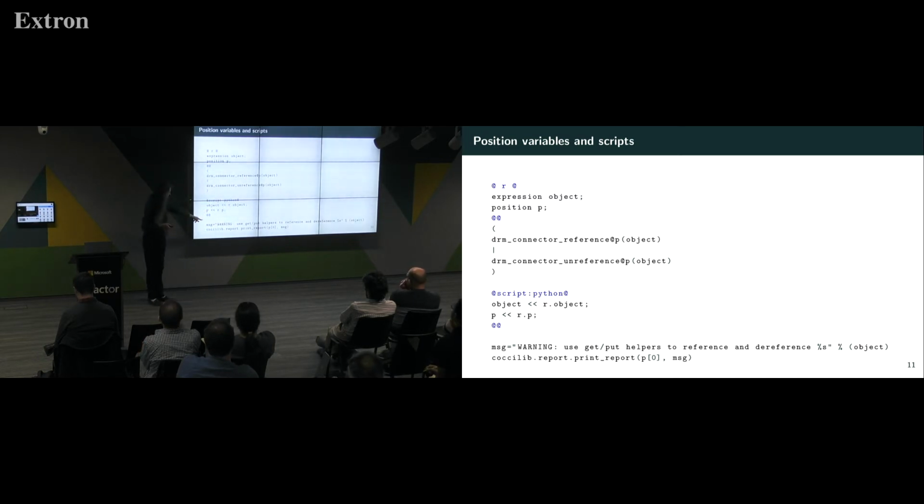Here we have some Python code. This rule has a name. It's called R. And now down here in R, we can refer to the object that was used as the argument of the thing, and we can refer to the position, and we can print out a friendly message that will say you shouldn't be using this particular function on this particular line on this particular object. So it kind of gives you a nice trade-off between matching and computing, and it makes everything somehow much more flexible.